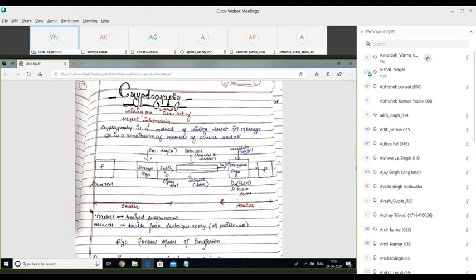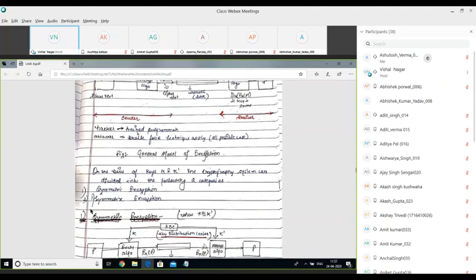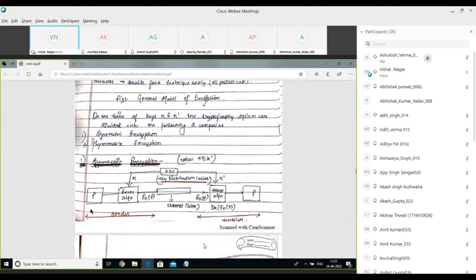And the reverse is also true. The reverse process, the decryption algorithm, along with the decryption key corresponding to this pattern of encryption key, and we applied the combination of both of these to convert this encrypted content into the plain text or the original text. This is the general model of encryption.